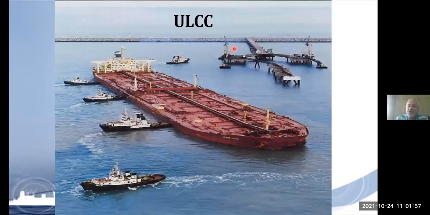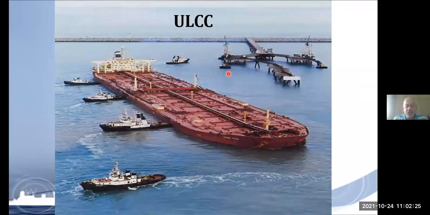This is a tanker terminal. This is called a tanker terminal. The ship is loaded with 5 lakh or 5 lakh plus, or 5.5 lakh tons of cargo, that is oil cargo, and all these tugs are pushing the ship slowly so that the ship can be tied up to the jetty, and then this cargo of 5 lakh tons can be discharged to the refinery.